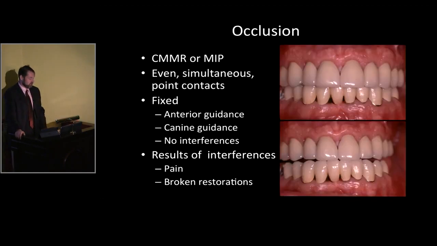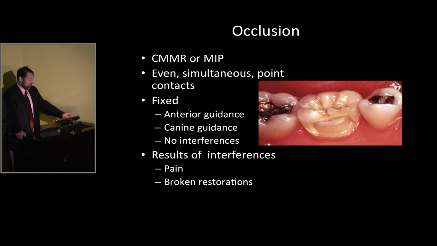For fixed restorations, we want anterior guidance. In other words, the mandibular incisor teeth are running off the back of the maxillary canine or maxillary incisor teeth. We want no interferences. You should be aware of the consequences of interferences. For example, they may result in broken restorations or pain in the temporomandibular joint. Once you've carried out a complete examination,